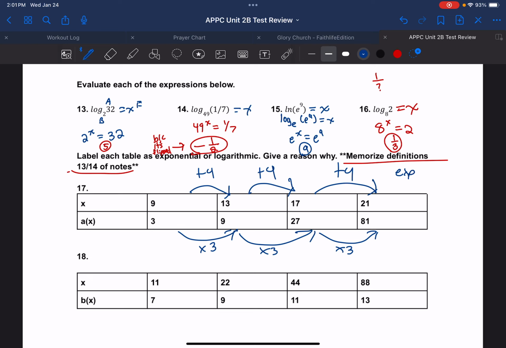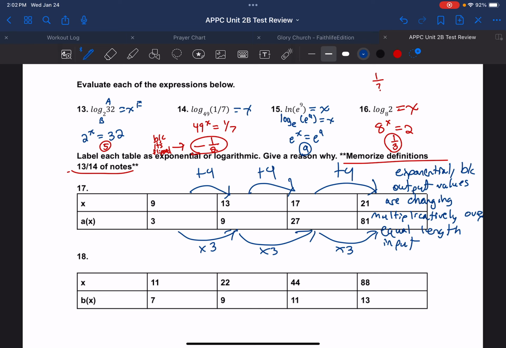exponential because output values are changing multiplicatively over equal length